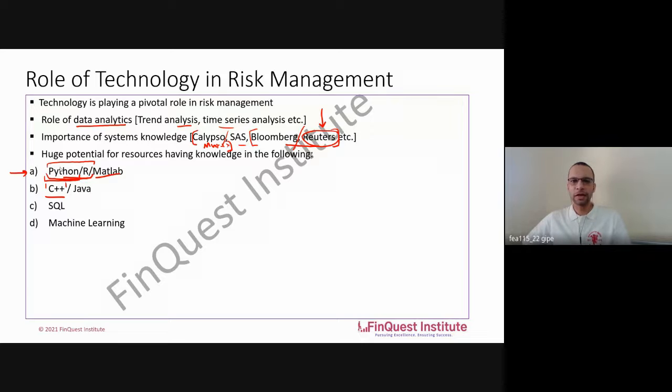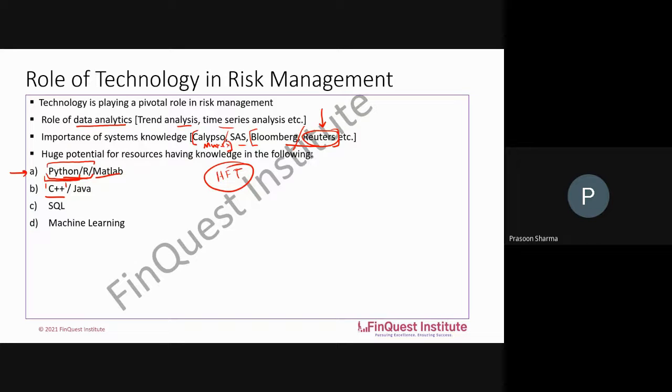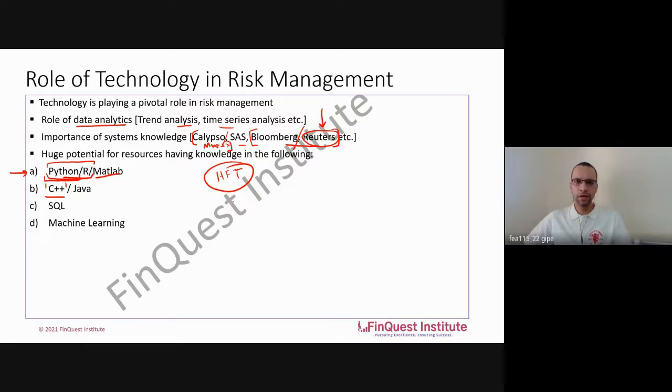Now, anyone who is targeting a role around HFT or high frequency trading, anyone has this as a career objective? Sir, I have. Okay, okay. So for you and anyone else who wants to make a career in HFT, I would say that start learning C++ because for HFT you require an immense speed of computation and decision making. That is something which Python and R simply cannot provide, and they are just not good enough for HFT. So for high frequency trading, C++ is the way to go because that will provide you the required speed for trading purposes or trading at a high frequency.